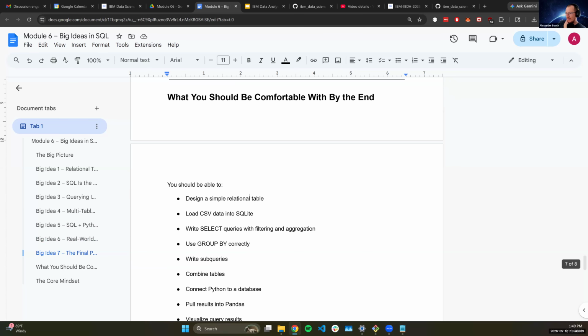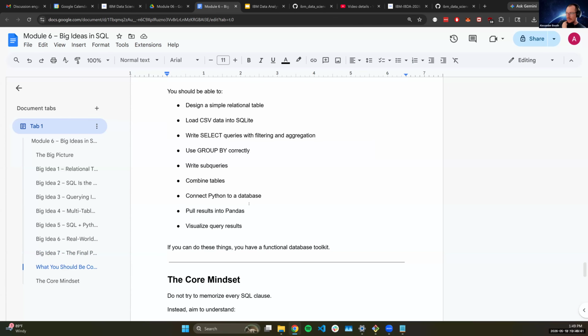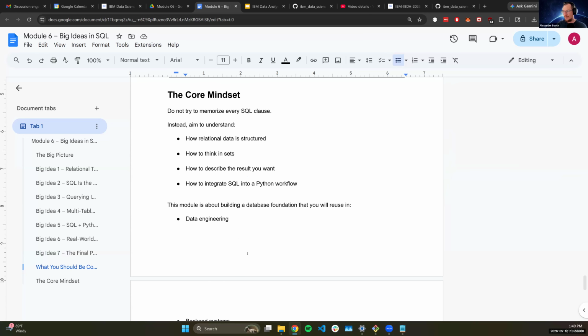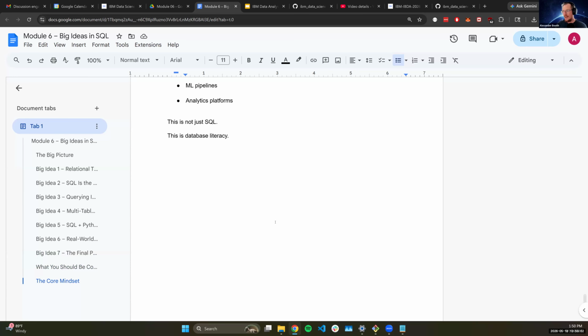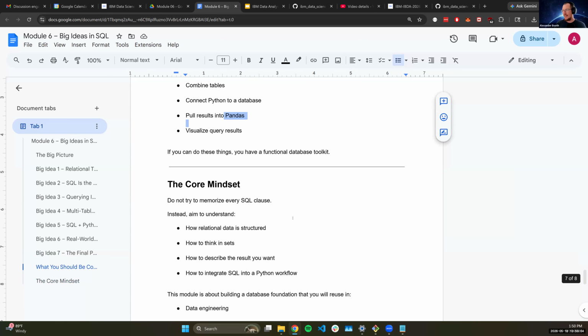And we'll be interacting with a lot of different databases here. Some of my learning results: you should be able to design simple relational databases, load CSVs into tables, write simple queries, use aggregations, use joins, combine tables together, combine queries together, and then pull everything back into Python and Pandas as needed. So it should be a good class here.